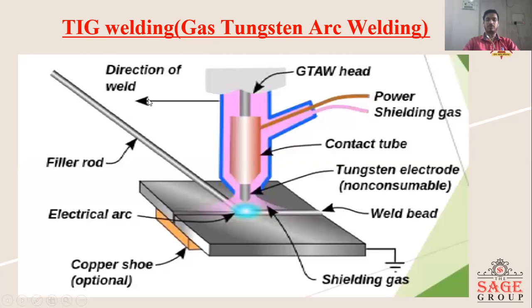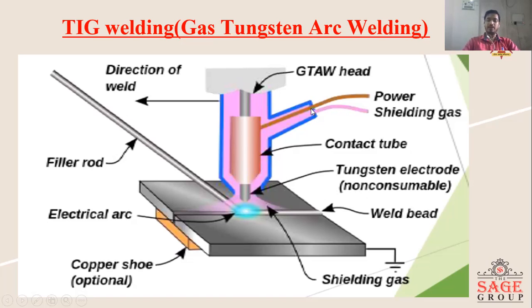So this is the diagram of TIG welding. Right. So this is the torch tip. This is the filler rod, to be welded by this filler rod. Electric arc. This is the metal plate. This is the arc shielding. Pink gas is the arc shielding. Right. This is inert gas. And this one is the electrode. Right. So this is a tungsten electrode that is non-consumable. So this is the diagram of TIG welding.